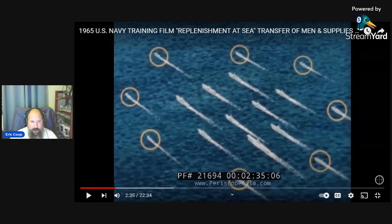You're in positions. You're several hundred yards back on the port side or the starboard side, and you have all the small boys, the destroyers and such. And typically on an UNREP ship, we always had the carrier on the port side of us, because that's where their replenishment stations are. And then the small boys can come alongside, but where we would tend to hang out a lot longer is with the carrier, and that's because